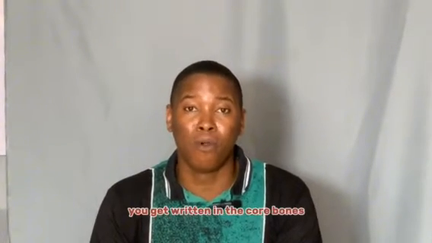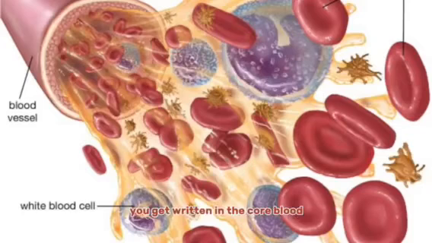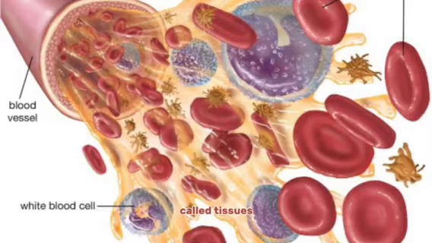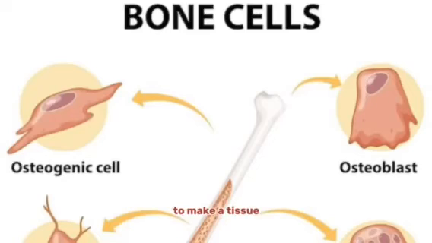Now, for animals, e get wetin we dey call bones, e get wetin we dey call blood, and if you look at bones and you look at blood, wetin dem be na wetin we dey call tissues. And why we dey call them tissues na because e get different cells. For bones now, e get wetin we dey call osteocytes. Those na bone cells, and different things like that bin come together. Different cells, they bin come together to make a tissue, and that tissue na wetin we dey refer to as